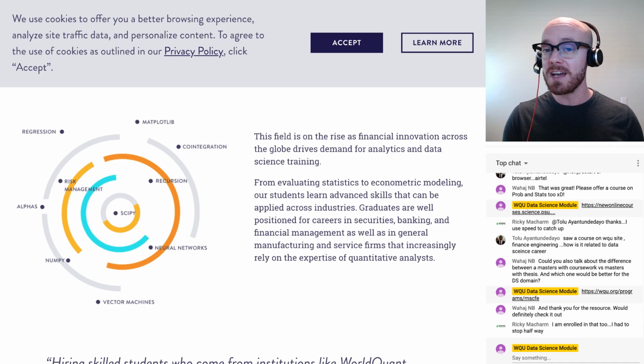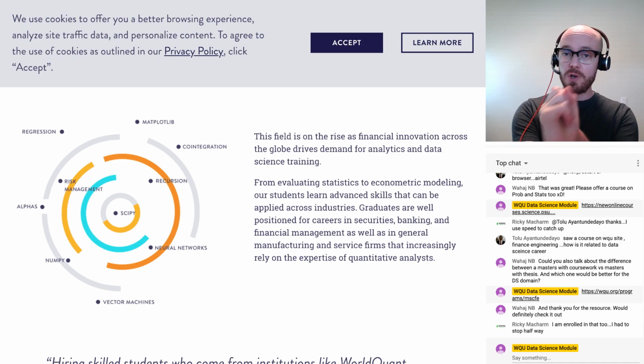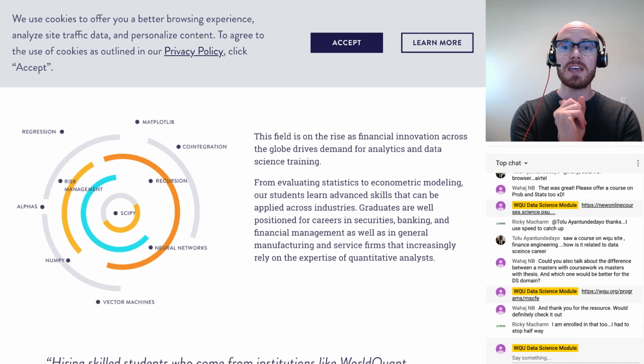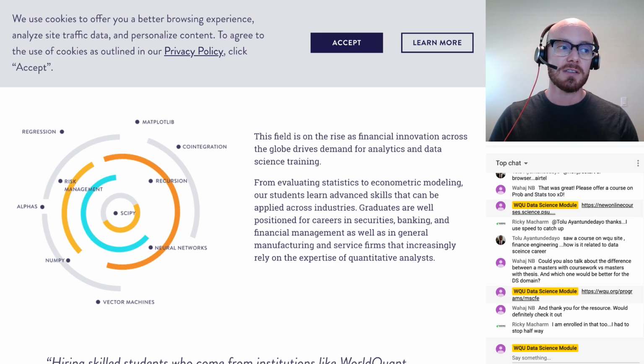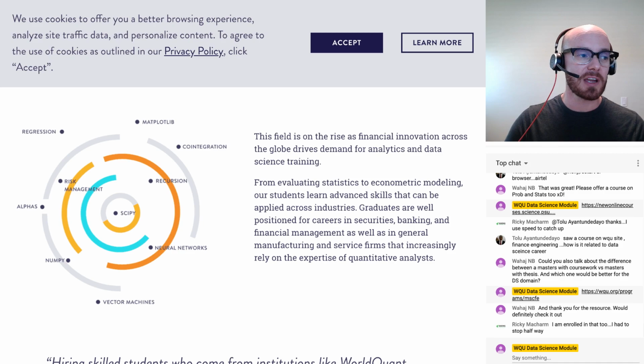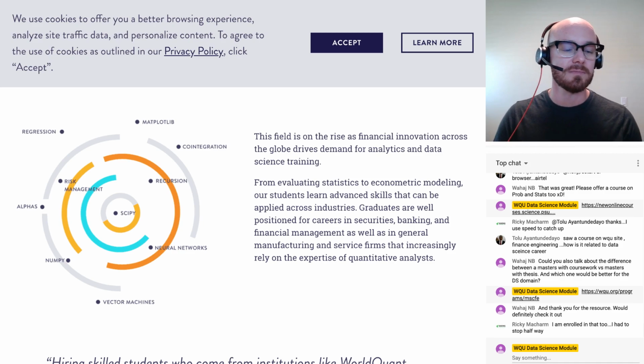I would recommend, however, that you take Unit 1 first, and then make sure you take Unit 2, the machine learning course, to prepare you for the master's in financial engineering. So it's definitely a data science kind of thing.